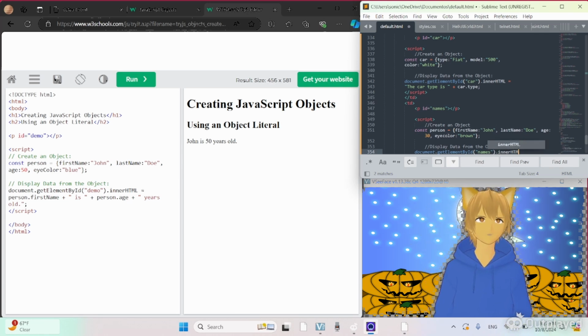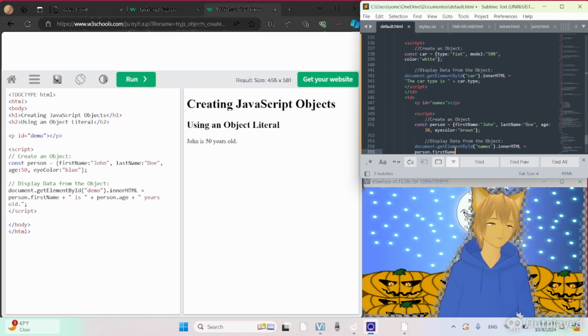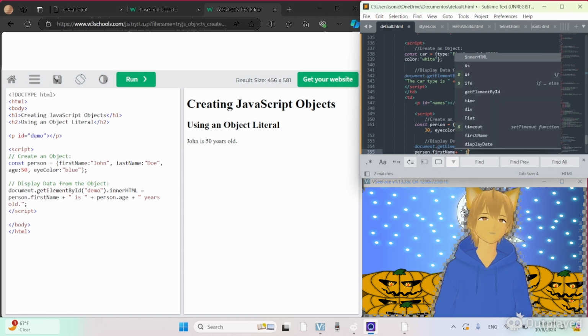Inner HTML equals person dot first name plus is